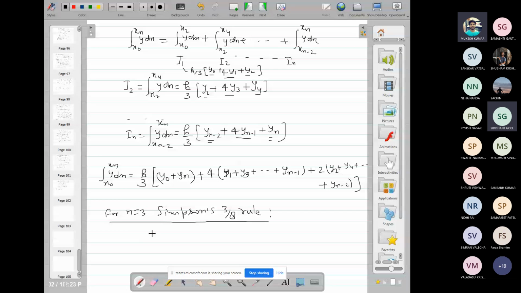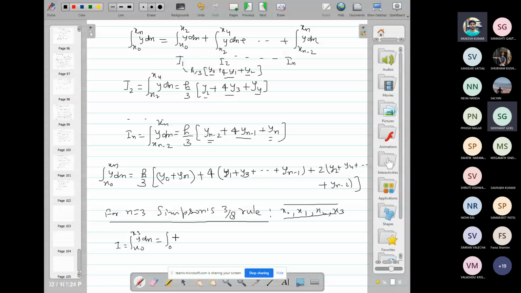When n is equal to 3, we have x0, x1, x2 and x3. If 4 values are given, the polynomial satisfying these values is a polynomial of degree at most 3. So therefore here I will be the integral from x0 to x3 of y dx, which is equal to